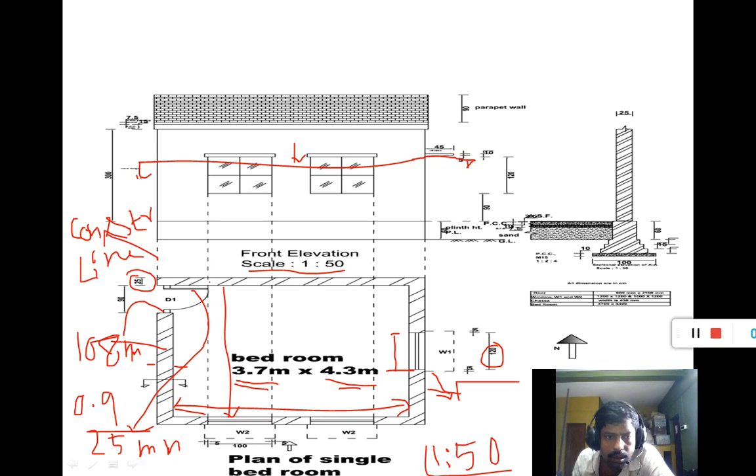After developing the front elevation, we have to erase those construction lines.